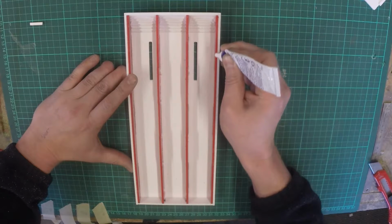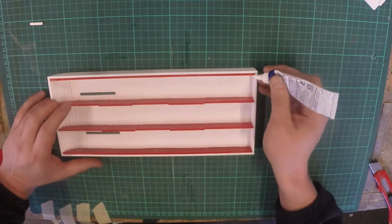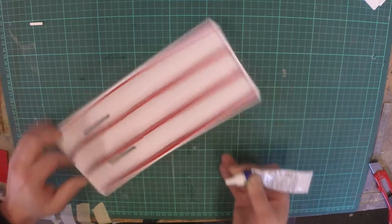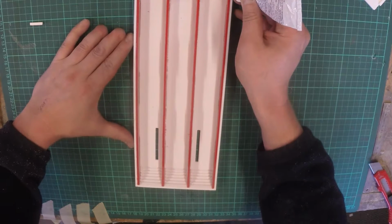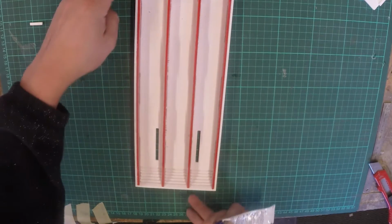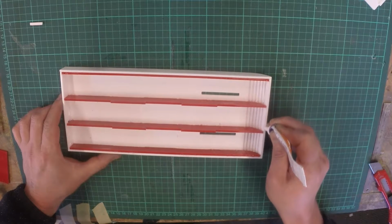So I'm going to glue right along the former top, not the outside part, just the former part. That stops any glue coming out. Right along there. Very carefully, thin bead of glue right along there. Right along the former again. Once again, nice thin bead on the top of the tip here,